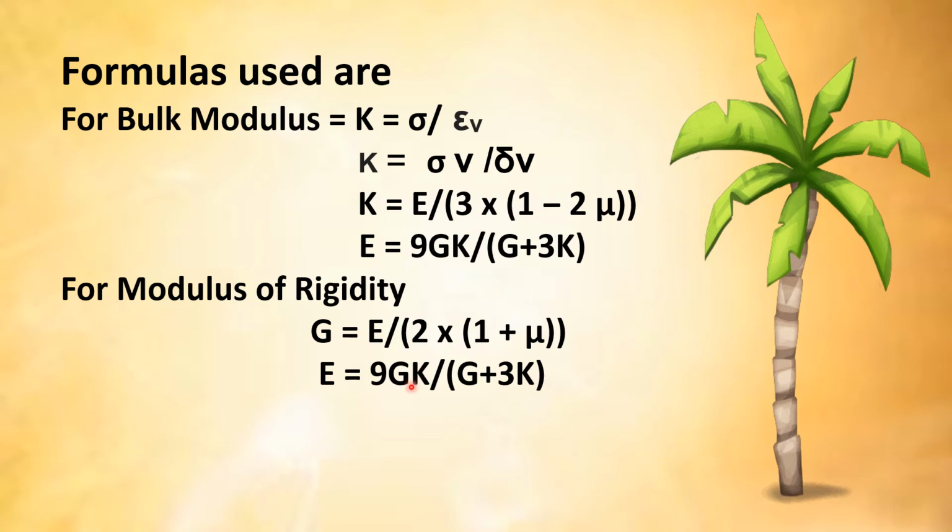if we know K, G and E, any two of these, and we want to find out the other one, and if we don't know the mu, then this formula we can use. If we know mu and E and we want G, this formula will be used. So there are many formulas, but using the correct formulas gives us the answer very quickly. That becomes very important, and initially we may find it a little difficult to remember the formulas, but if you make a little practice, it is very easy. Now let us come to the problems.